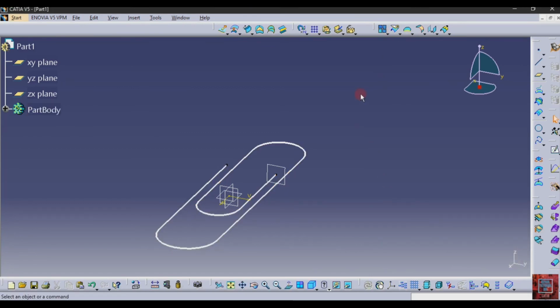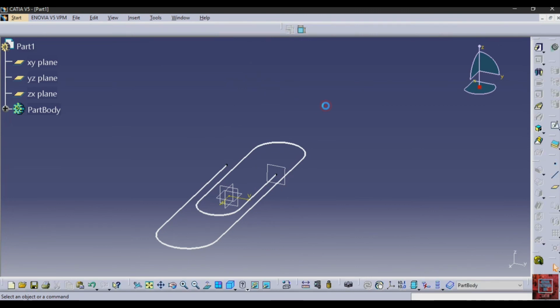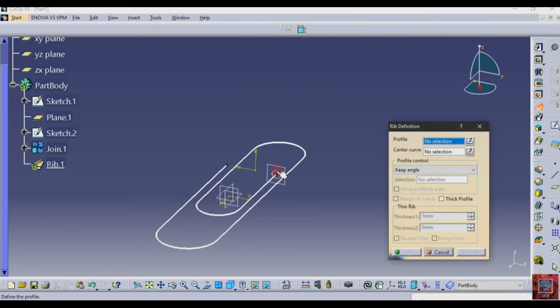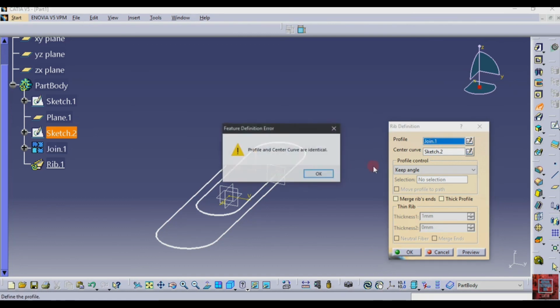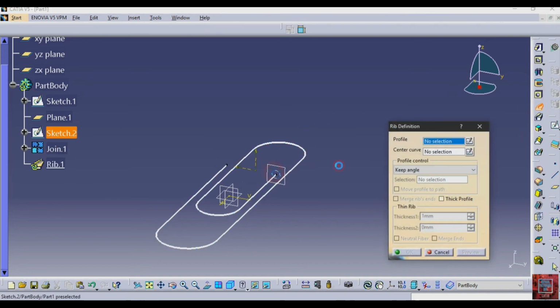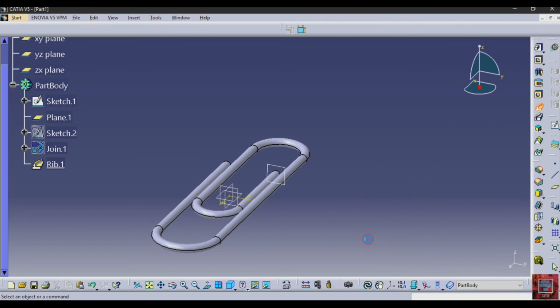Okay, and after that go to the part design again, and then from this table select sketch 2 and show it, and after that select a rib command in the profile, select this, and in the profile select this. Select a rib command in the profile, this, and in the center curve this, preview. Okay,